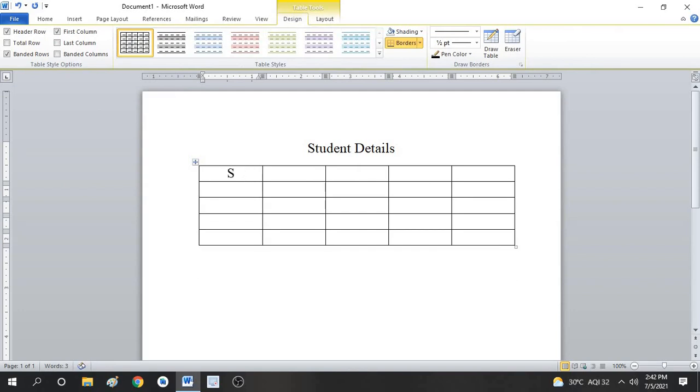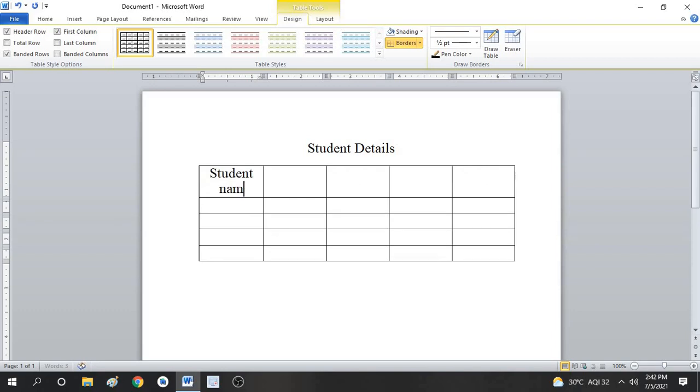Here I am taking student name, marks 1, marks 2, marks 3 and total. Here I am taking student names,